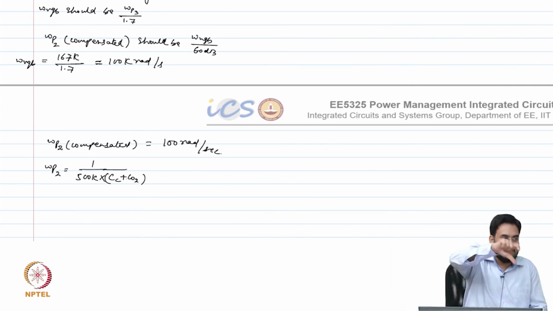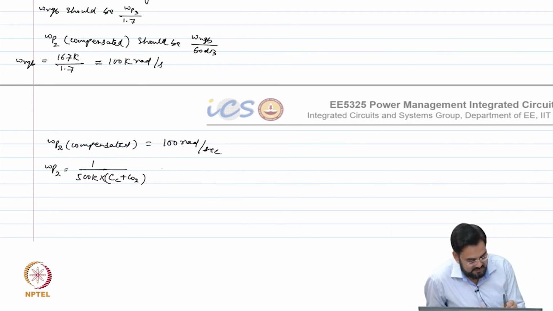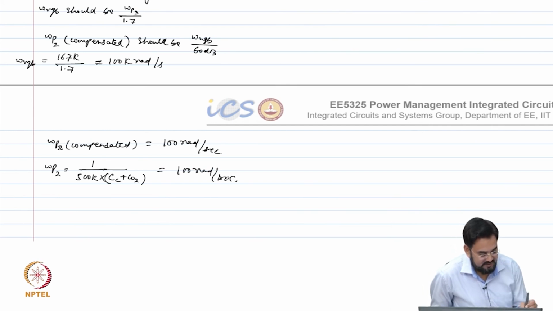So, now you are adding another cap in parallel with this. So, you have to find the total required cap. This should be 100 radian per second, which means CC plus CO2 equal to